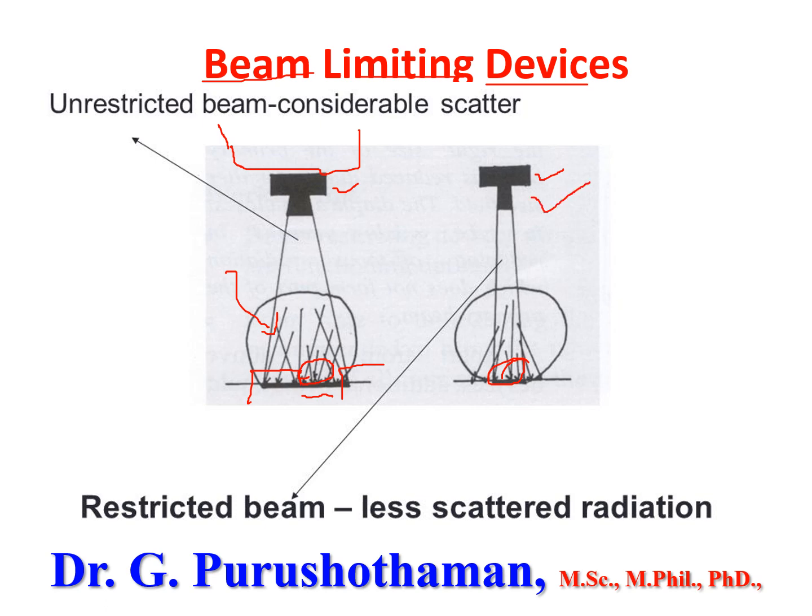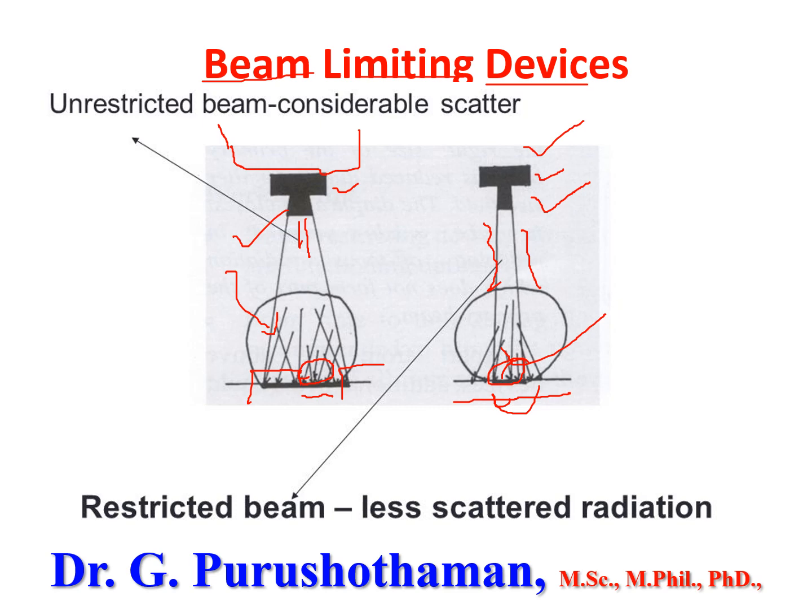So it can restrict the useful beam. Here, all of these parts of the beam can be restricted, so only a small portion is used to scan this place. In that way it can reduce the dosage to the patients. This is your unrestricted beam and this one is the restricted beam. So here you have less scatter, so less radiation dosage to the patient, only to this place.